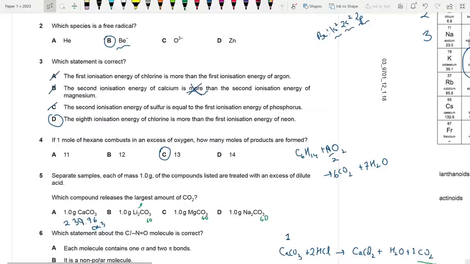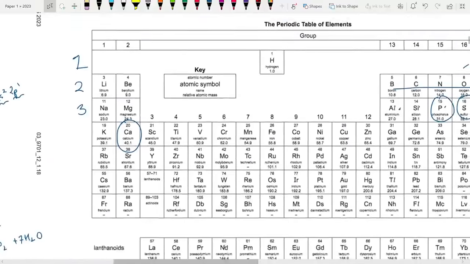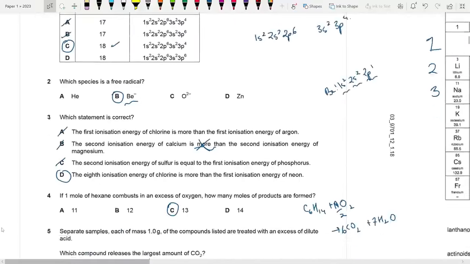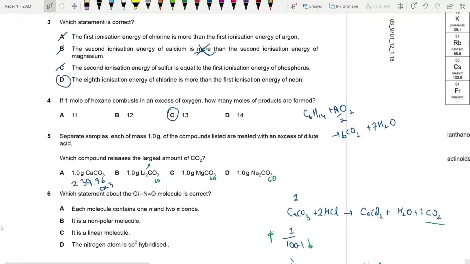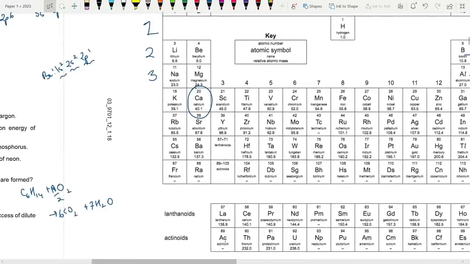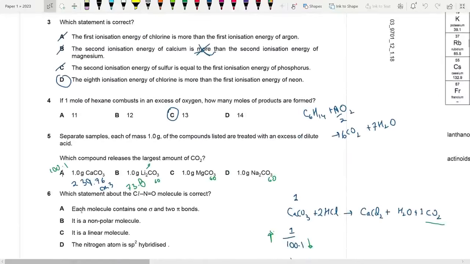And for the metals, let's check lithium, 2 lithiums. It's 6.9 times 2, right? 6.9 times 2 plus 60, which is 73.8. And for this we had 100.1. For MgCO3, I think it's 24.3. Yeah, 24.3. 24.3 plus 60, which is